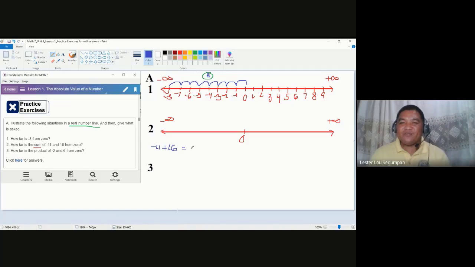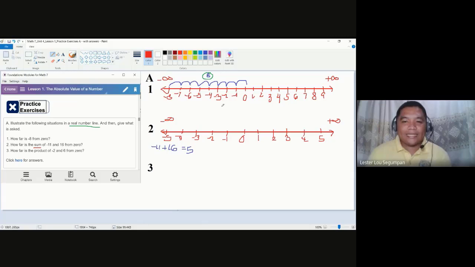Again, you could check the previous videos because we have cleared some misconceptions there. The answer for this is positive 5. So instead of placing a scale in your real number line that will reach 16 and then the other side negative 16 probably, you can just simply look at the range to 5 because that is the sum of negative 11 and 16. So for our real number line, you can just simply say 1, 2, 3, 4, and then 5, not 16. On the other side, negative 1, negative 2, negative 3, negative 4, and negative 5.